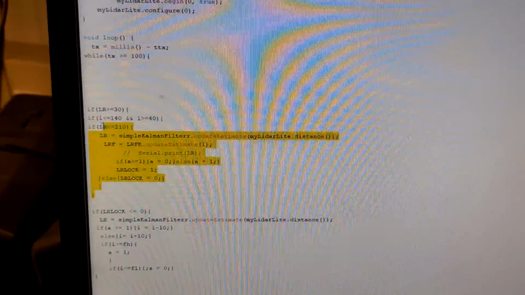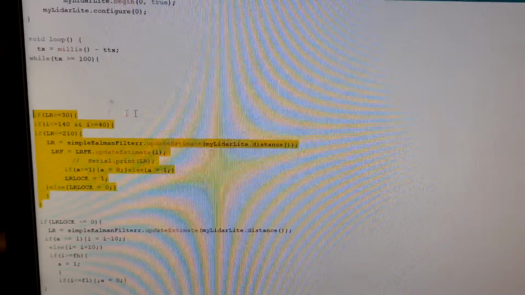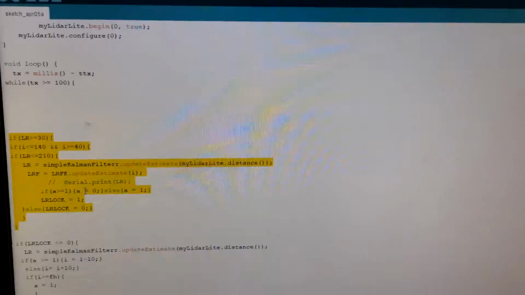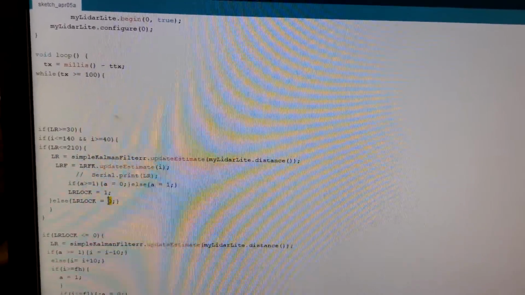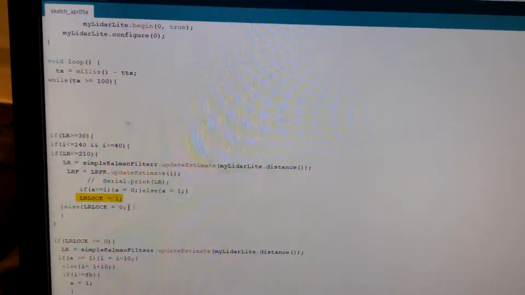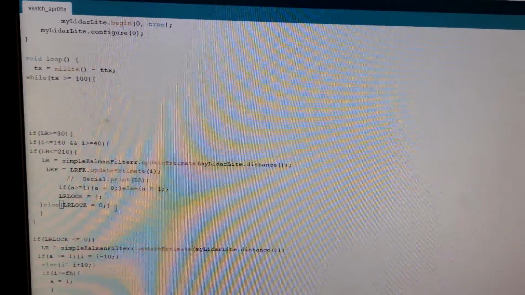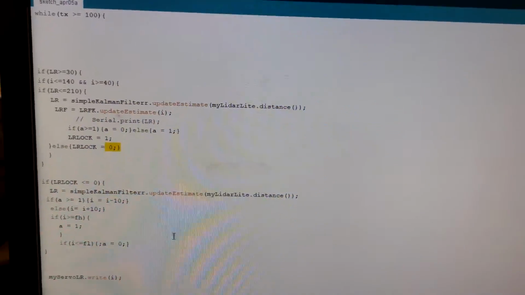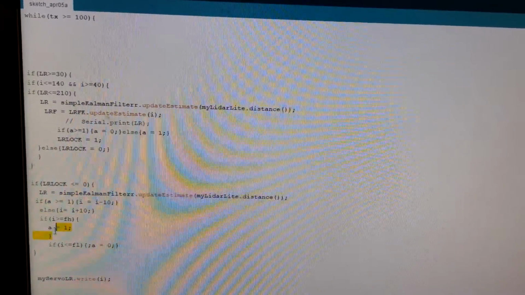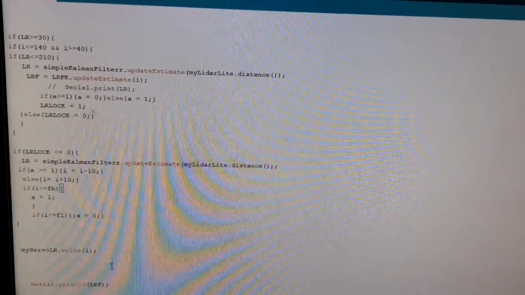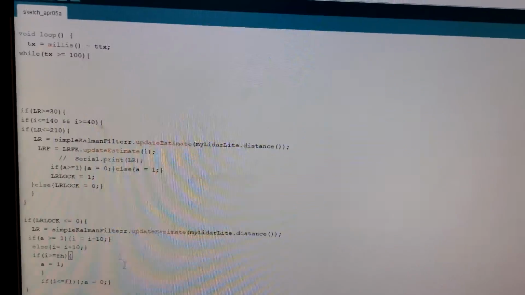So here, basically, if it sees the target or not, and if it does see the target, it reverses direction and stops scanning. Lock goes to 1. Now, if it doesn't see the target, so the target's too far away, it steps to lock 0 and starts scanning again. It's pretty simple. And then the scan is built in bumpers and stuff. And I filter